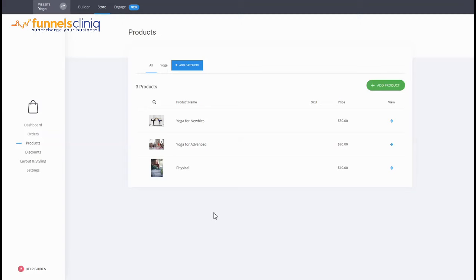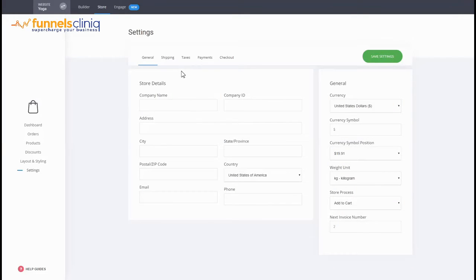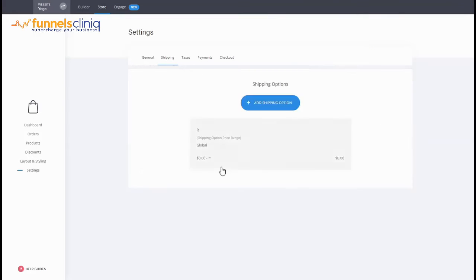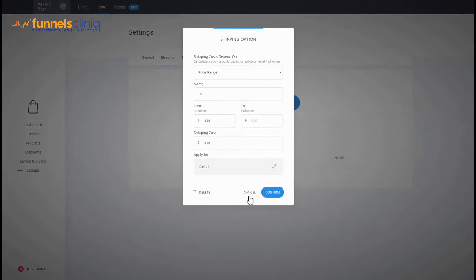You can now start selling these products that you've created. In order to start selling, you also have to connect a payment processor of some sort. By going on settings, first of all, for shipping a specific physical product, obviously you have to have a shipping rule. So you can start with creating a shipping rule for what amount of payment you want to also charge when a product is being purchased. So you can build your rule here, and you can adjust different things such as from what range, how much